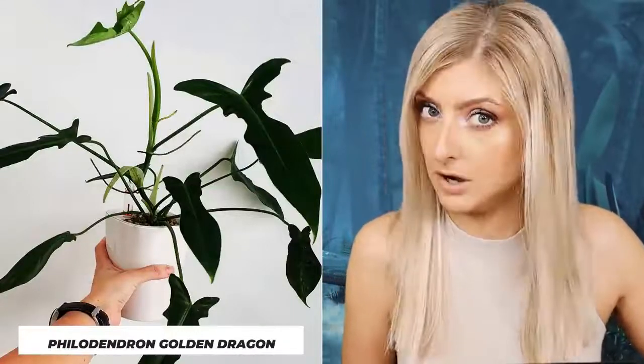It gets confused a lot with a really rare plant, so be really careful. It gets confused with Philodendron longilobatum way too much. So there is a narrow form, and there is also something called Philodendron lime fiddle, which I think I have in my shop. In my opinion, the lime fiddle isn't as nice as this. They're also a lot more available in collections than this. In my opinion, the Golden Dragon is harder to get, and I would love to know where they are because I fancy buying one. I know I have the narrow form,